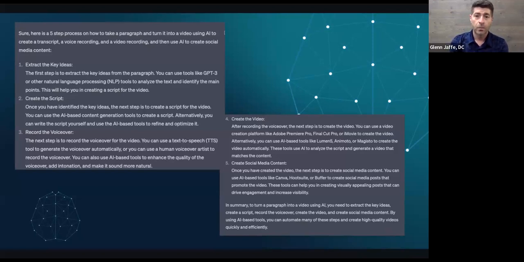Now, one of the things I want you to notice in here is that if you were to read this sentence, this is not how I would say things. This is not the language that I would use. And what you have to understand, think back to middle school and high school English class when you're writing sentences and composing things and talking to people: when you are asking the AI chatbot to produce this for you, it is not in your words.